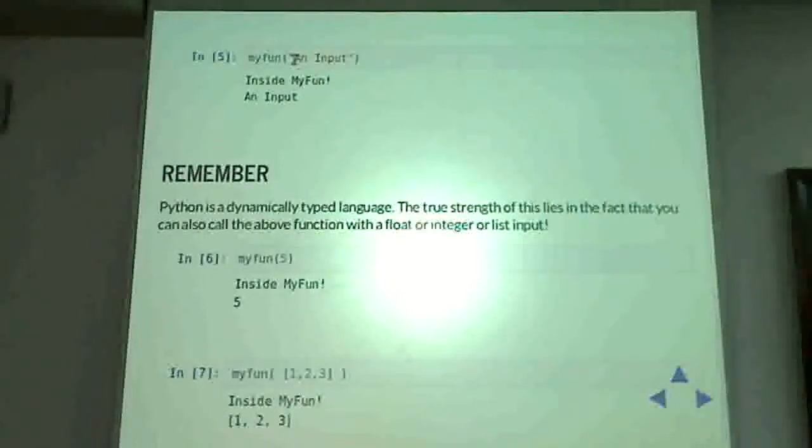Okay, now since Python is a dynamically typed language, you don't have to design a function separately for integers and a function separately for strings. That variable a can be anything you supply to it. So if I say myfun of 5, in this case 5 is an integer, it still prints 5. If I supply a list 1 to 3, it prints the list because it's dynamically typed. The variables don't have types. The types are something that the objects have. The variables are merely pointers. So your one single Python function, depending on how you code it, can accommodate a whole variety of data types.